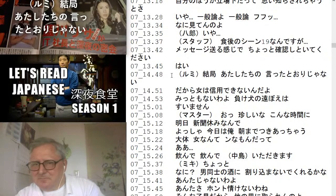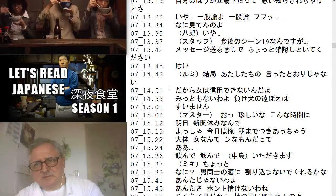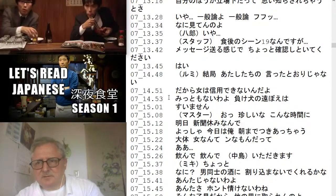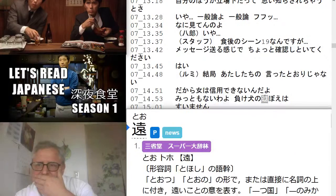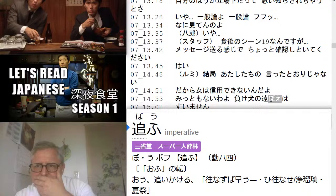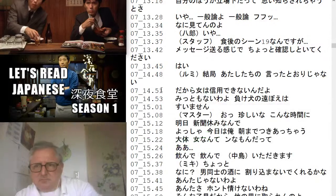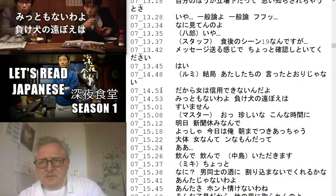結局は私たちの言った通りじゃない。だから女は信用できないんだよ。みっともないわよ、負け犬の遠吠えは。